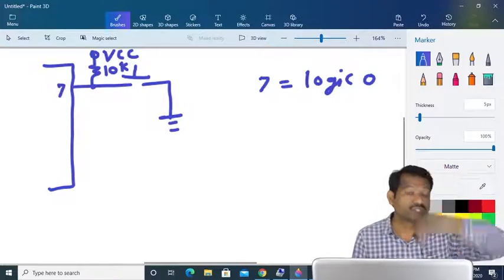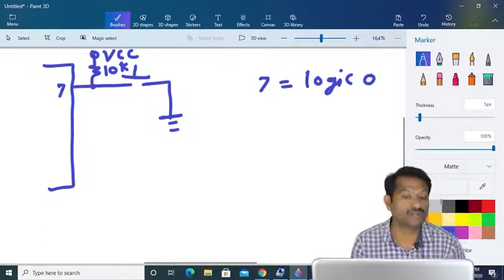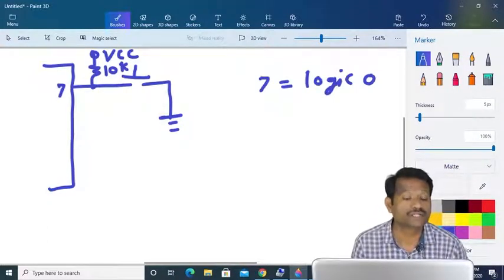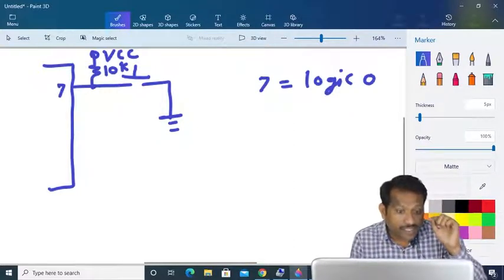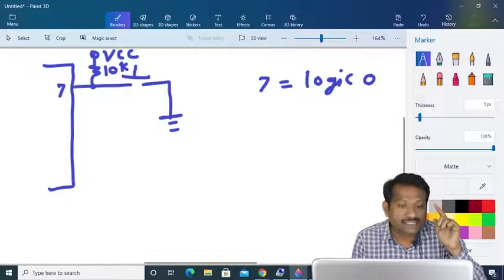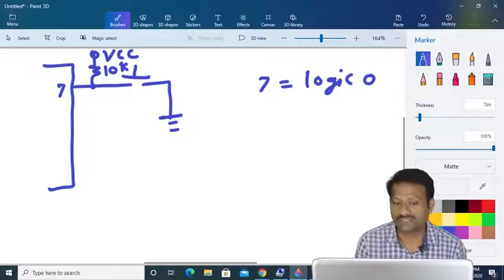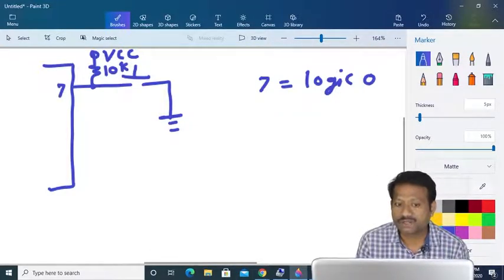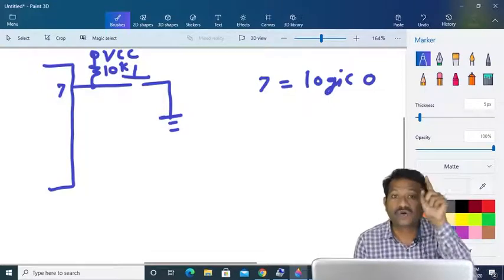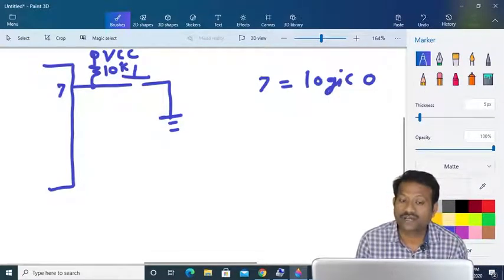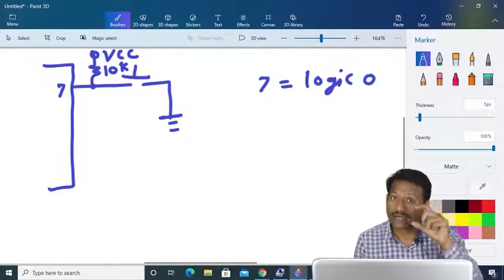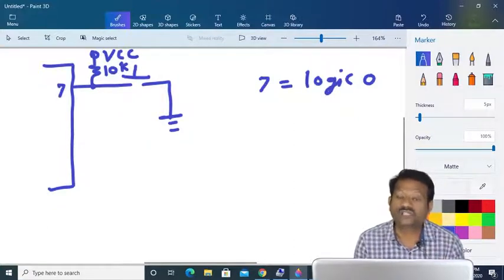Means when the switch is open, definitely I'll get logic 1 with the help of this pull-up resistance. As the logic at this point is pulled towards VCC, this resistance is called a pull-up resistance. The moment I press this switch, towards ground I'll get 0 resistance, and here it is 10K. So definitely the whole current will flow towards ground and we will get logic 0 here.